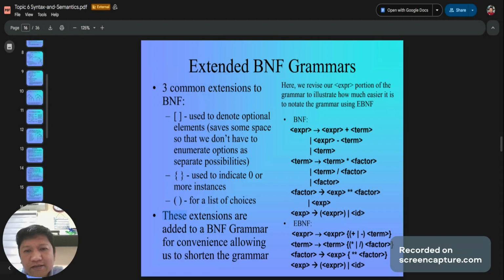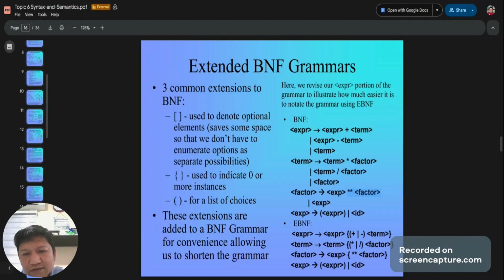Okay. Expression, expression plus term, expression minus term, or term. What's term? So term, it could be a term multiplication and a factor, a term division, or a factor. What's a factor? It can be an expression.